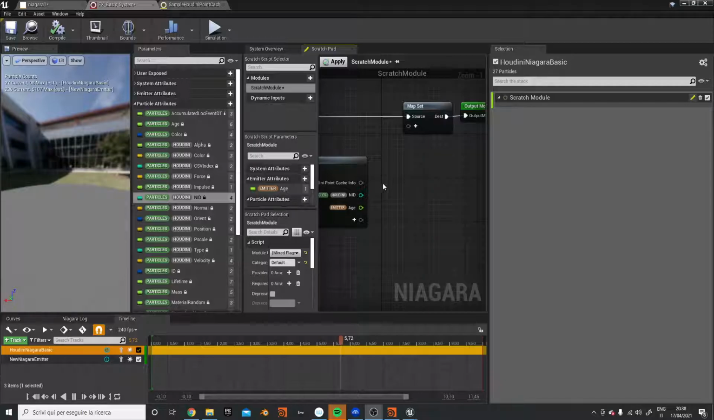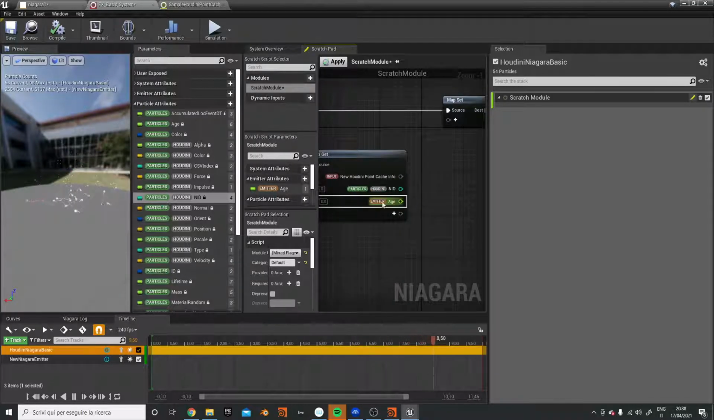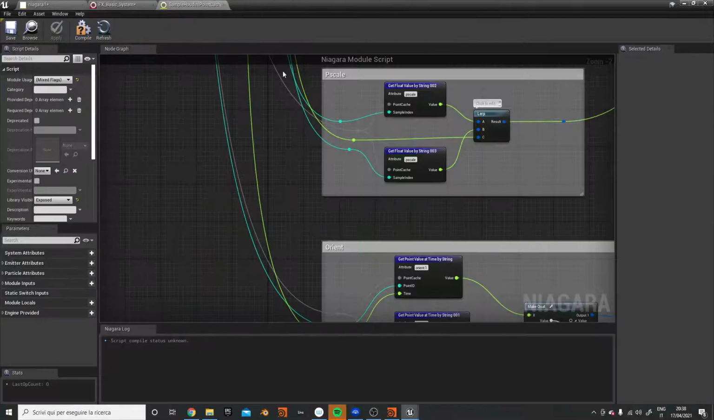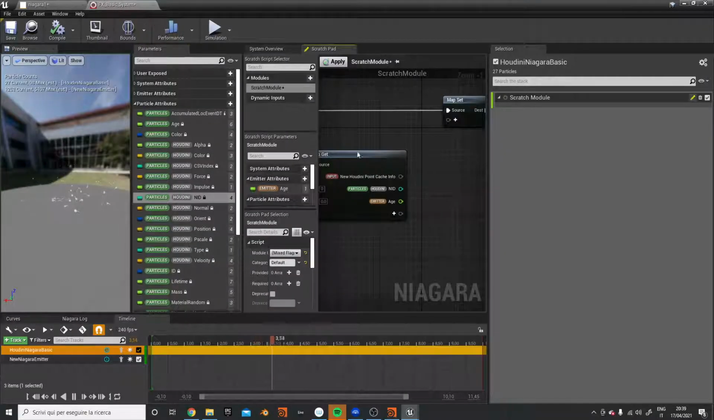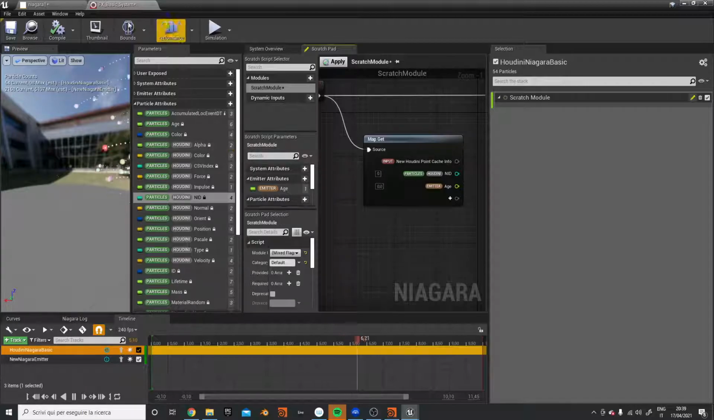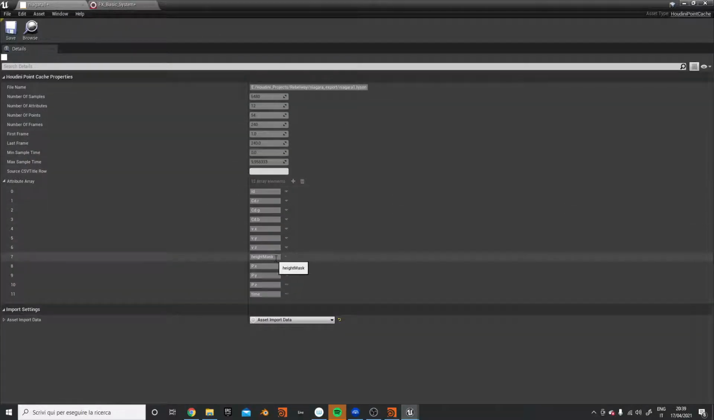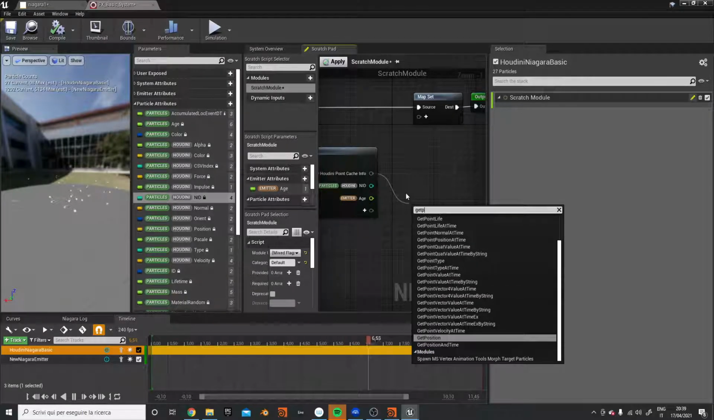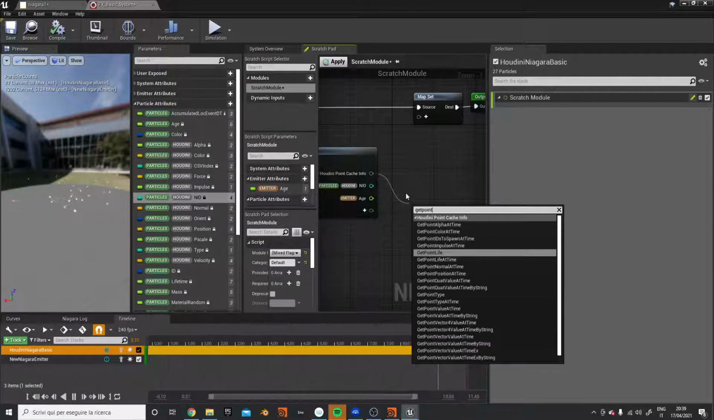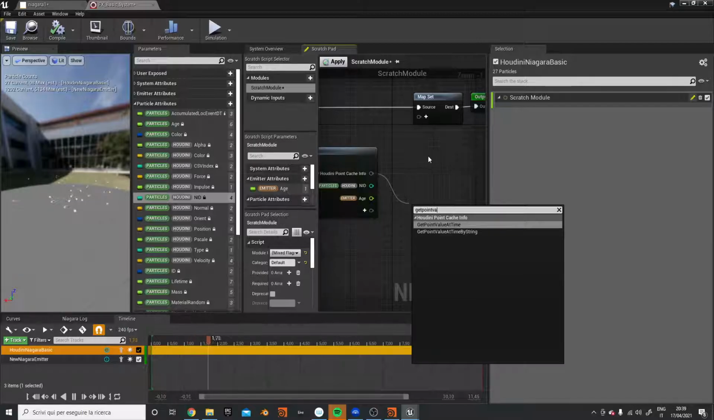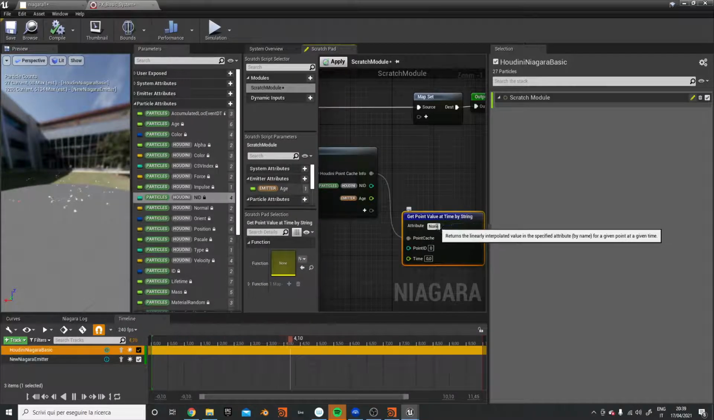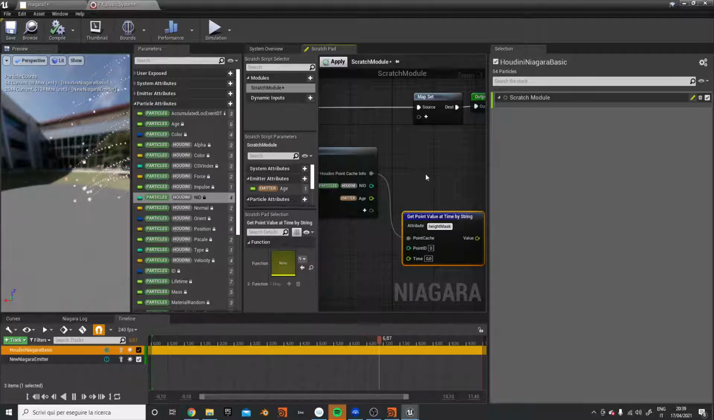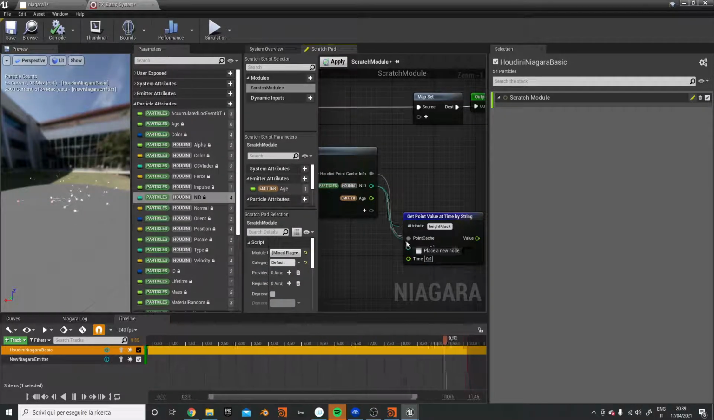So we have our ID, the age, the point cache, and let's check for now one thing. Eight mask. Let's copy, Control C. Let's drag from here and search get point value by string. Just put it here, we connect this, we have the emitter age,